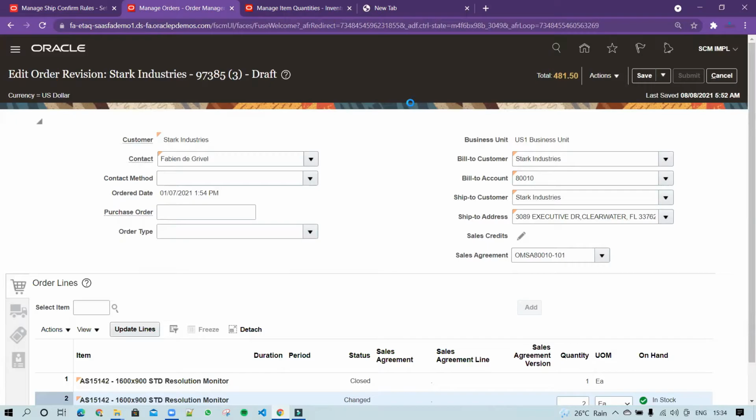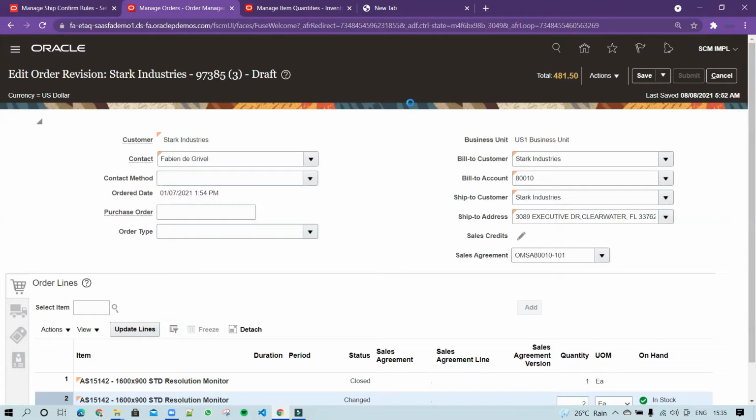To generate the shipment number, we have 2 functionalities available. Either you can generate the shipment number from the shipment UI, or we have one ESS job called create shipment, which you can utilize to automate generating the shipment number.